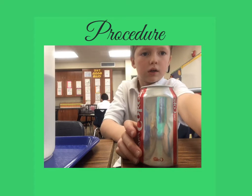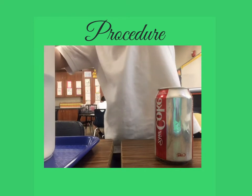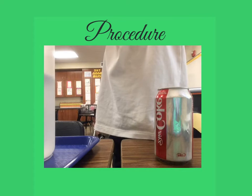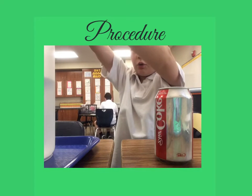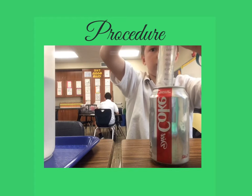Procedures. So first you get 355 milliliters in a soda can. So this is